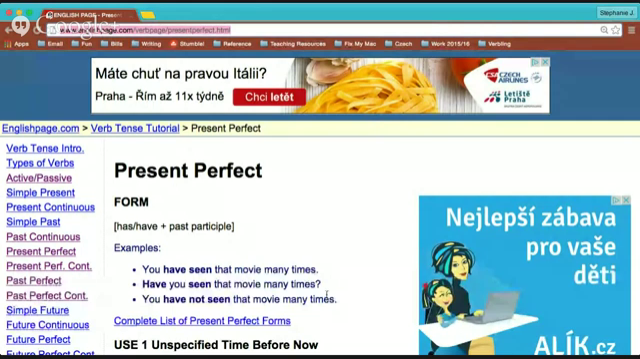All right, so present perfect is always formed the same way. We have the auxiliary verb have, has or have, and then the past participle of the verb. So you have seen that movie many times. There's the auxiliary have and the past participle of the verb see. There's examples of the,